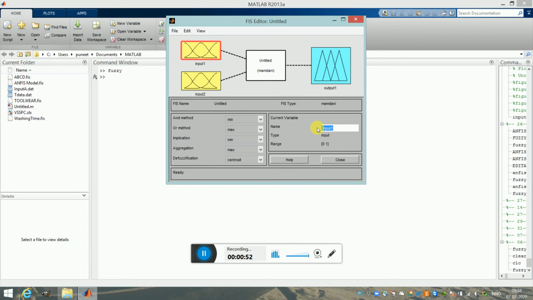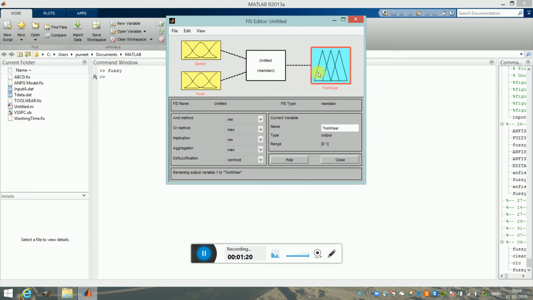I'm giving the name speed, and the name for the second one is feed. On the right side, the output side, we are using, say, tool wear. So I'm typing here tool wear. So there are now two inputs.